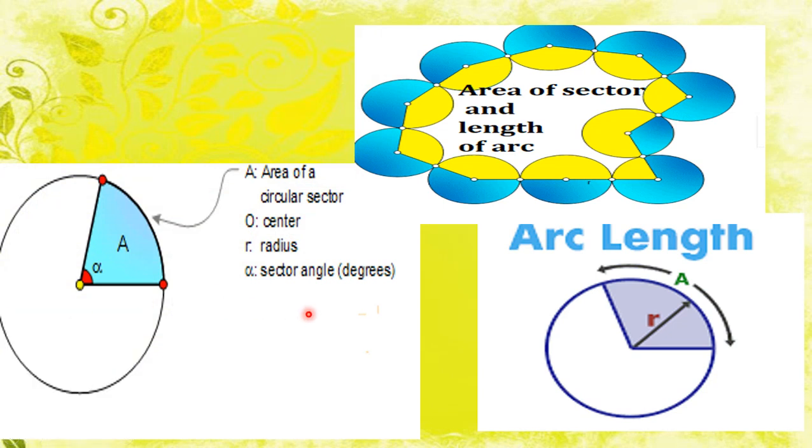Students, today we are going to learn the area of the sector and segment with length of arc. So let's start. If we are given a circle of radius r, and we want to find the area of the circle, the formula for the area of a circle is pi r square. We put in the value of the radius and calculate the numerical value for the area of this circle.